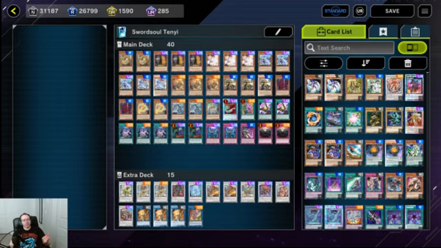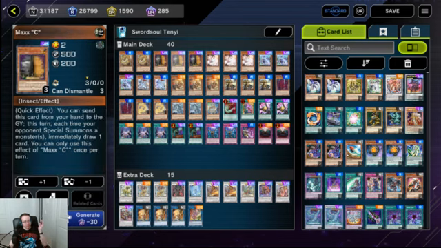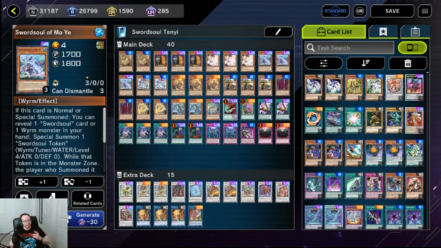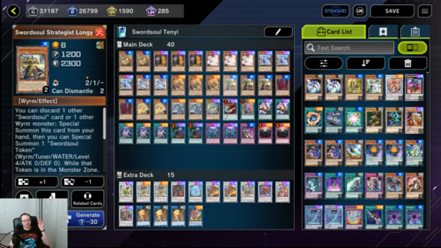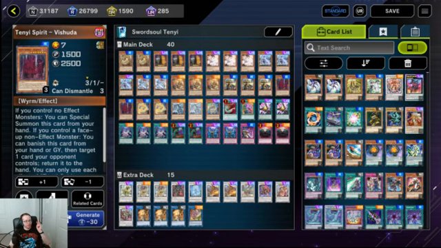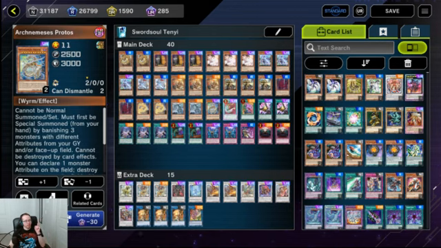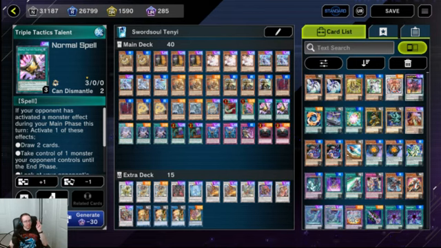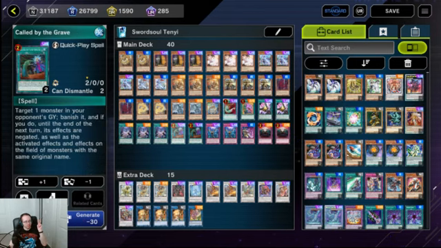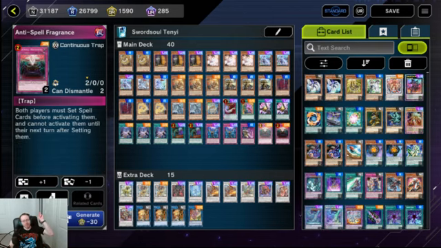Alright guys, so here's my current list. Not much has changed from the last season, so we're still playing the 2 Ahara, the 3 Maxi, 3 Ashbasha, 3 Moye, 2 Taya, 2 Ecclesia, 3 Ecclesia, 3 Longyong, 2 Vishuda, 2 Ashuna, 2 Gameciel, 1 Protos, 1 Feather Duster, 1 Pot of Desires, 2 Triple Tactic Talents, 3 Merchants, 2 Kolbai, 2 Imperm, 1 Blackout, and the sweet